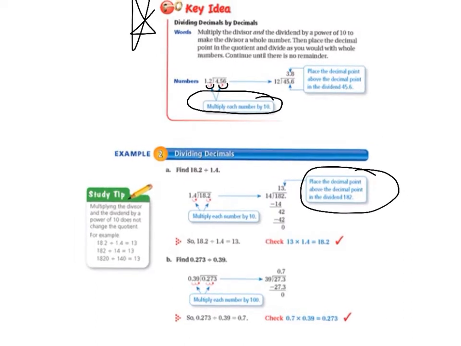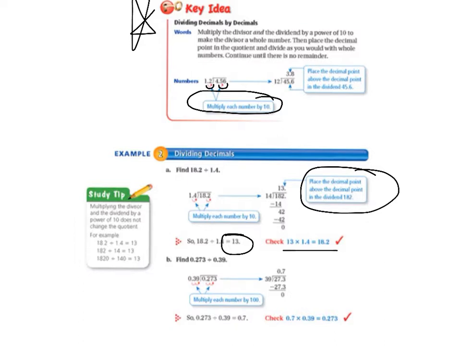So you are done. And you need to check and make sure that your answer makes sense. So your answer is 13. And if you turn your facts around and multiply, 13 times 1.4 equals 18.2. So you're correct. And then you're going to find, for letter B,